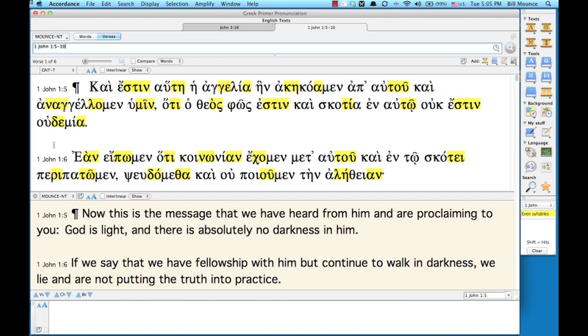So how'd you do? Feel comfortable? So again, make sure you're saying these out loud right before I say them, and then say them again with me, okay? First word in verse 6, ean, eipomen, hoti, koinonian, echomen, met, autou,